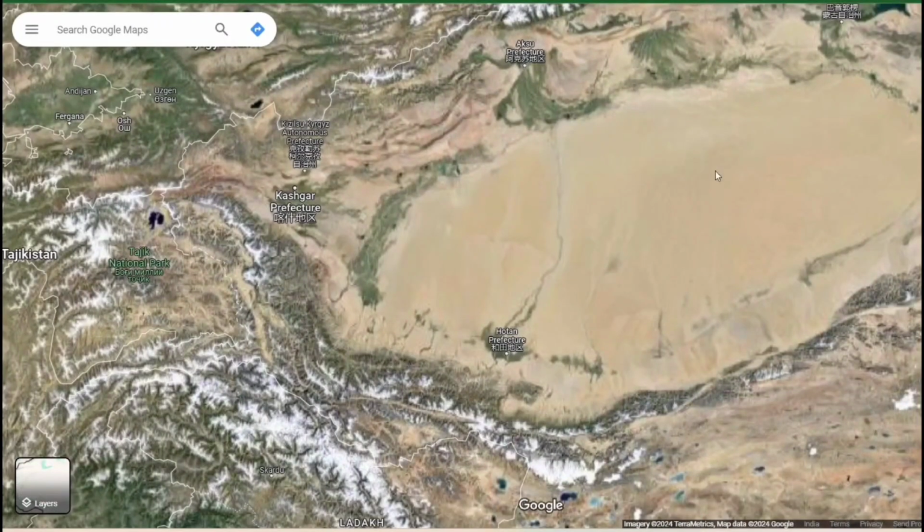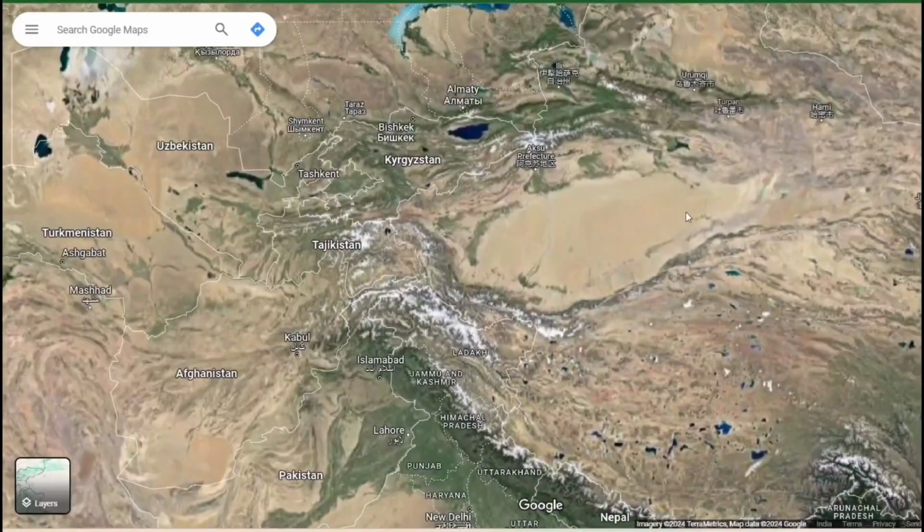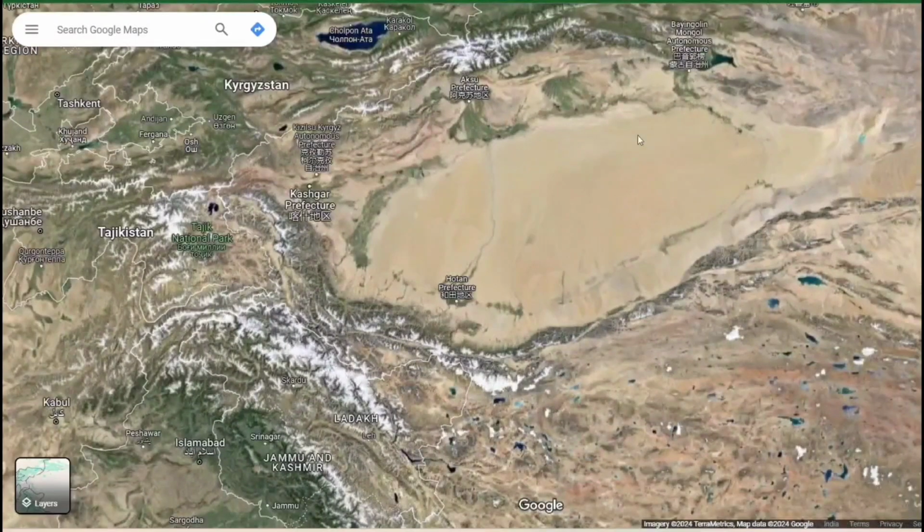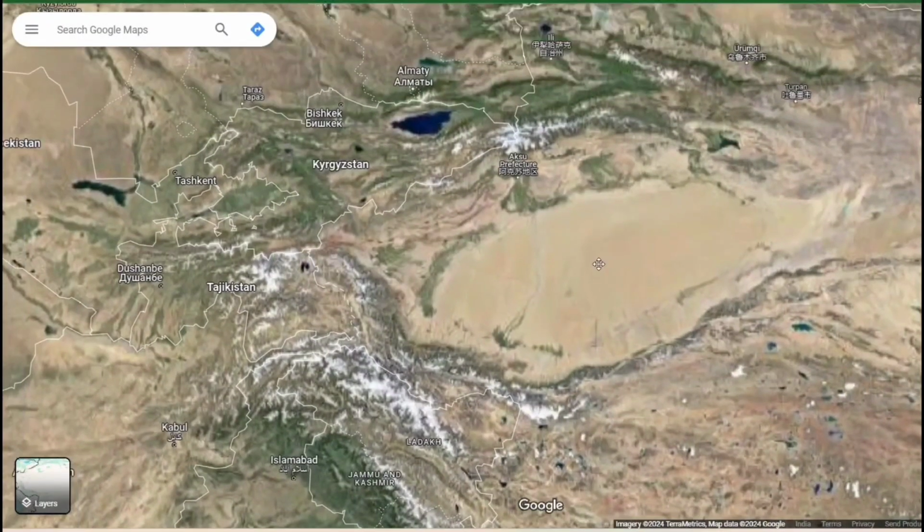I just forgot the name of this basin. This basin is not that high. You see that a lot of molasse sediments are being accumulated from the nearby highlands, and it is around 1000, maximum 1200 meters. Let's say 1200 meters. 900 meters is Bangalore. So it is around this much, but see, no vegetation here. Still you are getting a lot of nutrients and sediments, which are nutrients for vegetation, but still no vegetation.